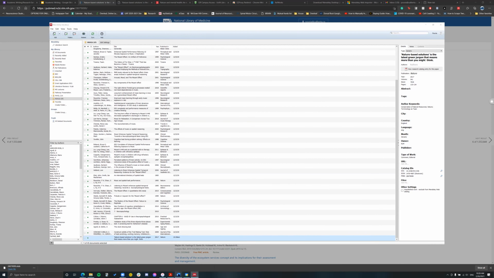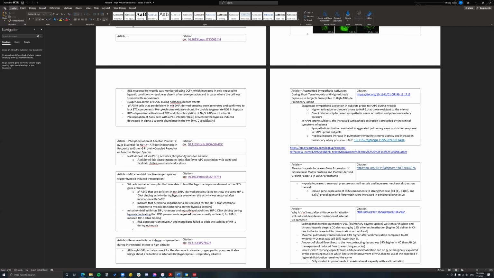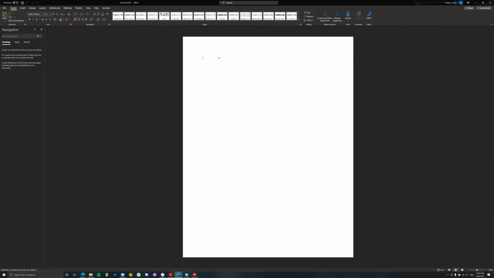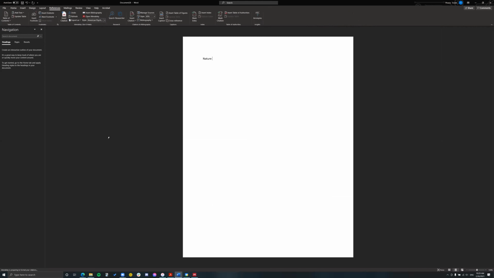citation list. And so if you are writing a paper, pull one of these up. I have a new document that I'm doing my research in, something about nature, and I want to do references. So you can see if I go to my references tab, I have this plugin called the Mendeley Citomatic, and what I can do is I can insert a citation,